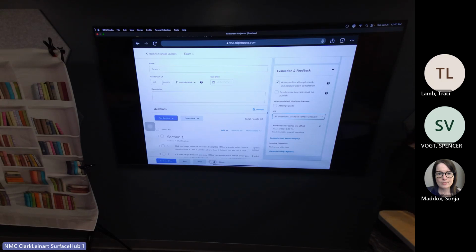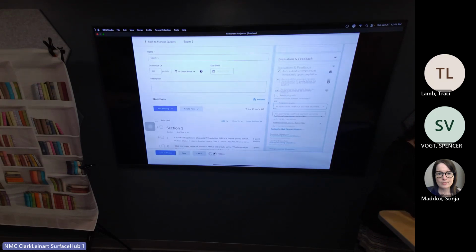When we go into the quizzes tool later, I will show you how you can set up a custom view. During a certain window after, especially if there's any kind of written response that you have to manually grade, you can give them a time frame when they can see, A, the grade, and then B, any of the questions that were missed or incorrect. We'll go over that in a different session though.